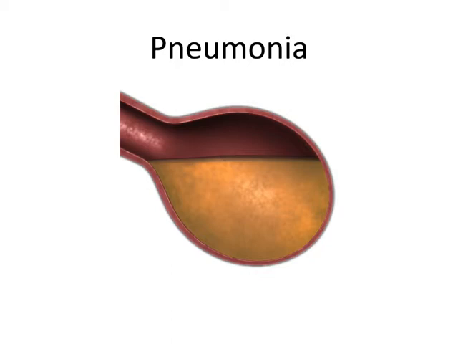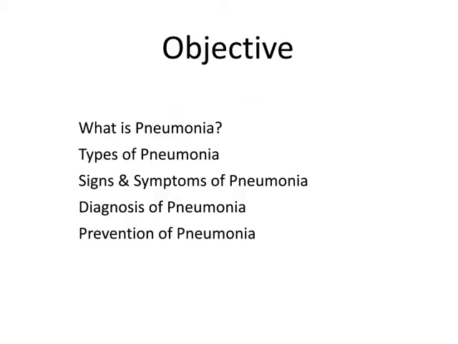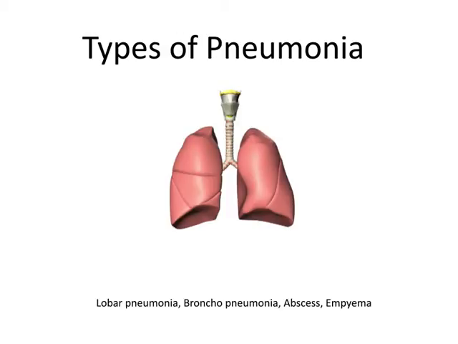It occurs when the defense mechanism of the human body is impaired or when the resistance of the host is generally reduced. Now, let's look at the classification of pneumonia. The first type of pneumonia is lobar, where one lobe of our lungs is affected. The second type is called bronchopneumonia, where many areas of both lungs are affected.